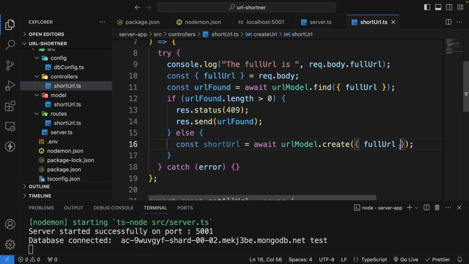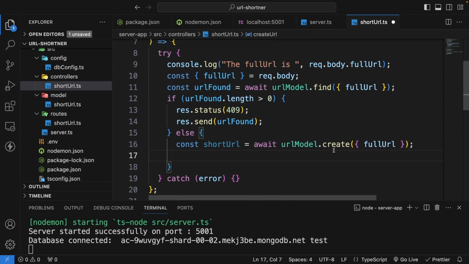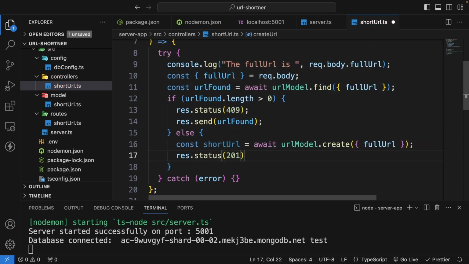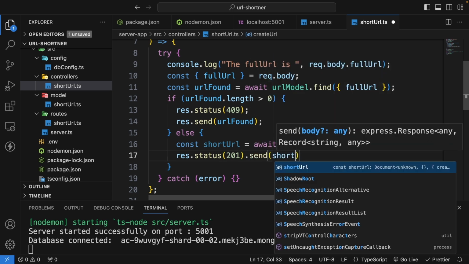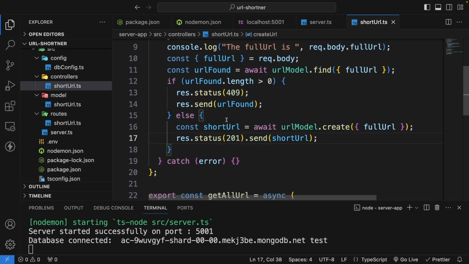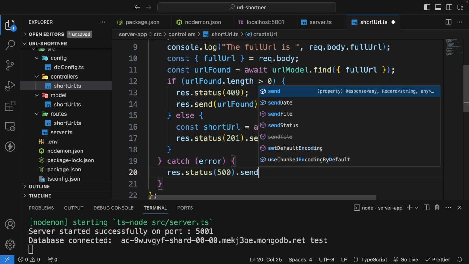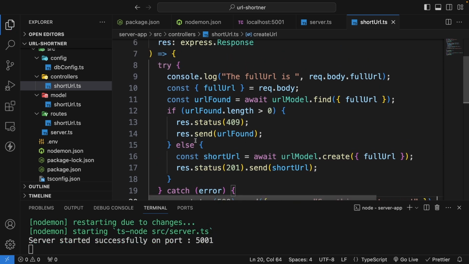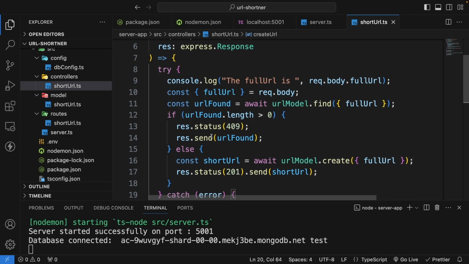All right, so we have this, and once we get the record created in our database, we can just send the response back. So I will have the response dot status as 201, which means a record is created, and then we are going to send the short URL which we have just created. Now this is fine, and if it's an error, then in that case what we will do is we are going to have the response dot status as 500, the server error, and then we are going to send a message. So I will have the message, and here I'm going to have something went wrong. So this is how we are going to have our create URL, and this is going to create the short